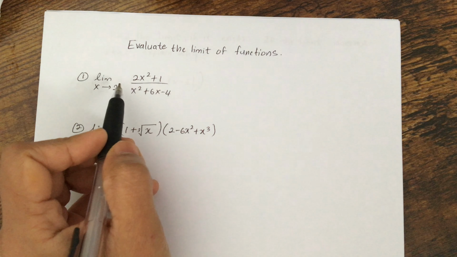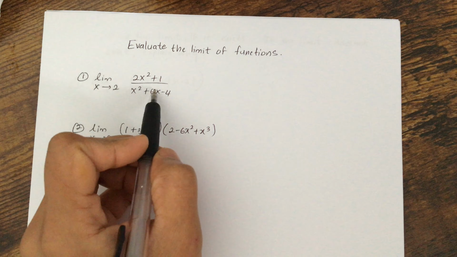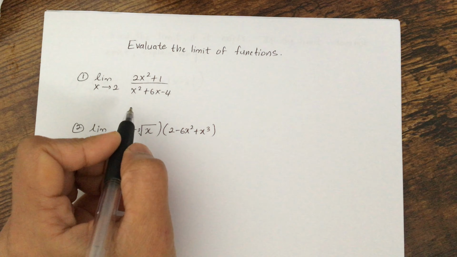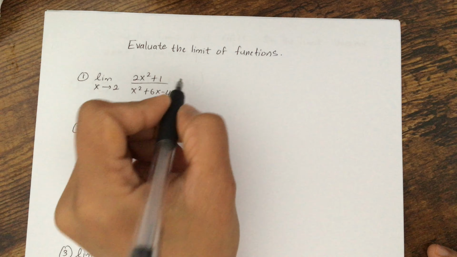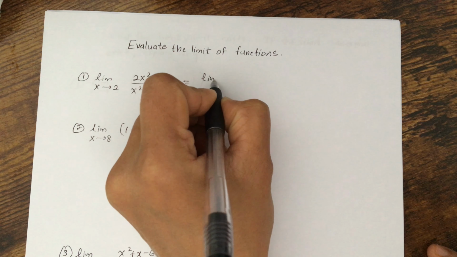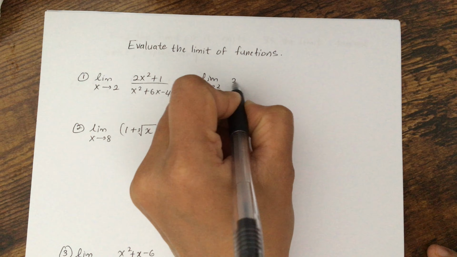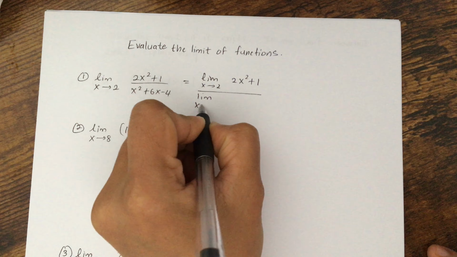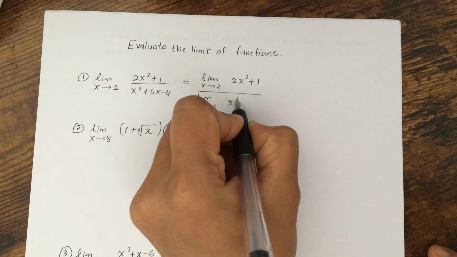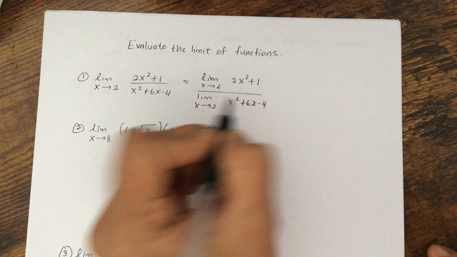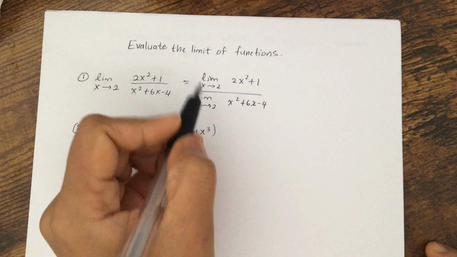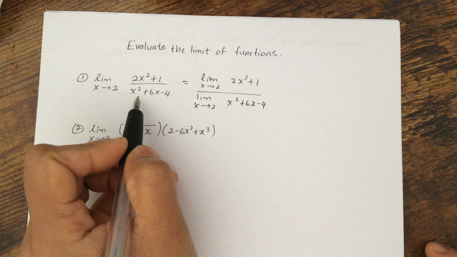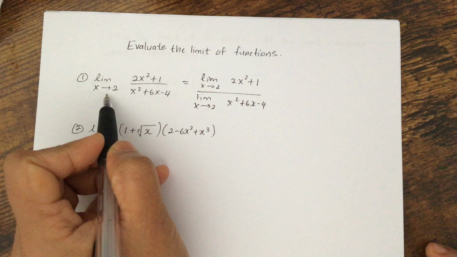So in this situation, to find the limit, you can use limit laws. For this, you can use limit x goes to 2 of the numerator over limit x goes to 2 of x squared plus 6x minus 4. So you can use this limit law to solve this because your denominator is not 0 at x equals 2. Okay,